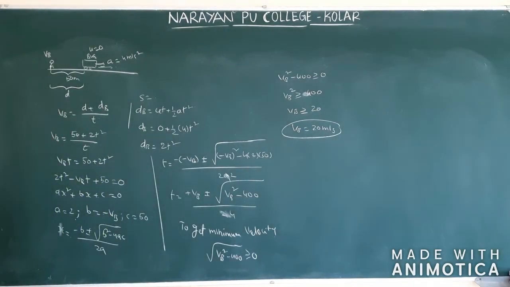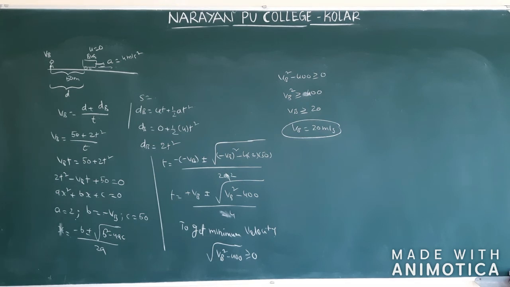So that is question number 14. We got answer option 4. Next is question number 15. You can solve 15 yourself. A car is moving along a straight road with a uniform acceleration. It passes through two points P and Q, separated by a distance, with velocity 30 km per hour and 40 km per hour.